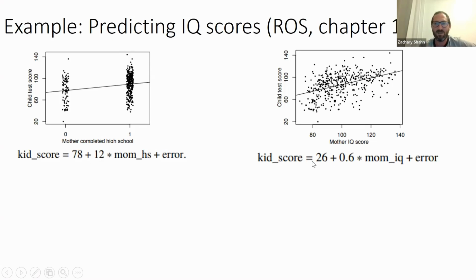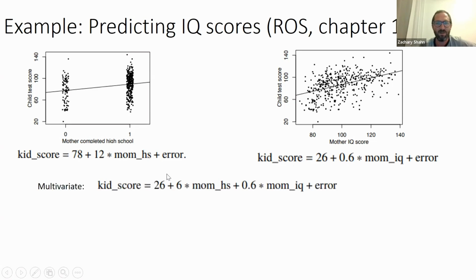Here, the interpretation is if you compare two kids, one whose mother has a 1 point higher IQ, you'd expect the kid with the mother with a 1 point higher IQ on average to have 0.6 higher IQ than the other kid. Now, you can also do a multivariate linear regression where you